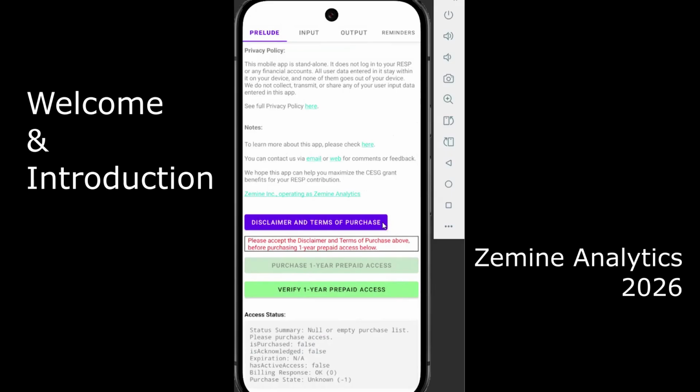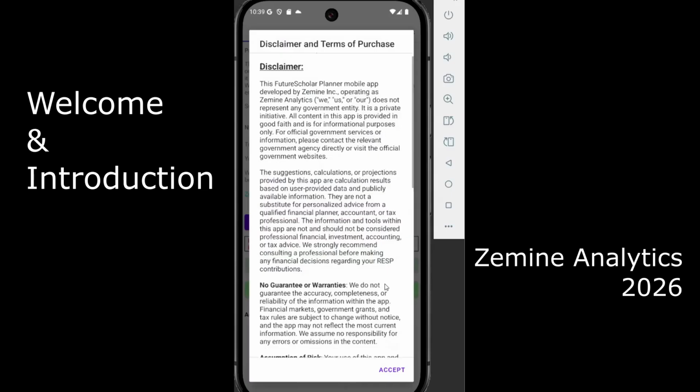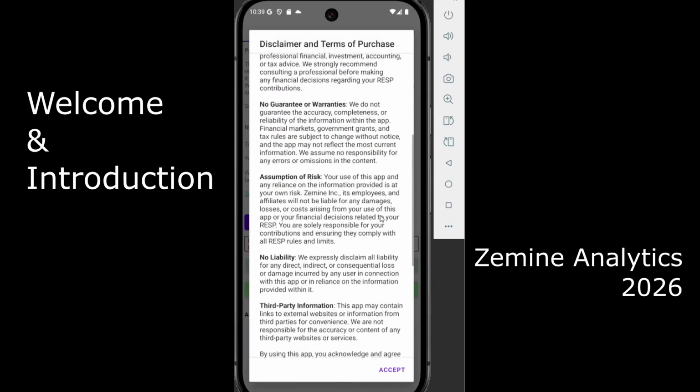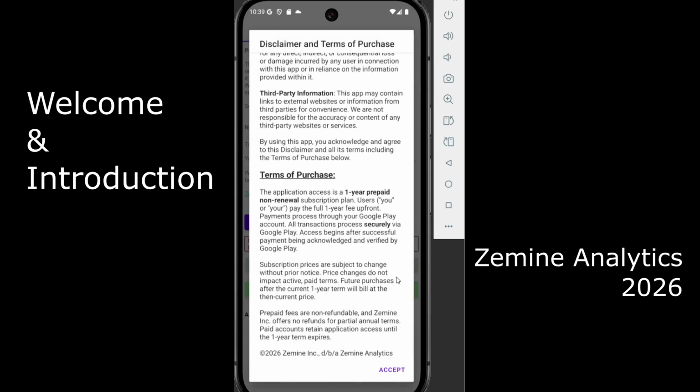Please read through our disclaimer and terms of purchase, and accept them.